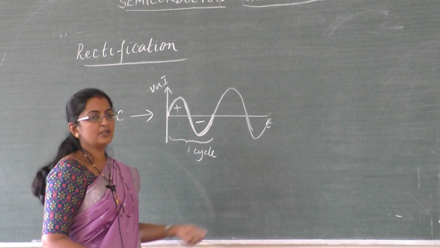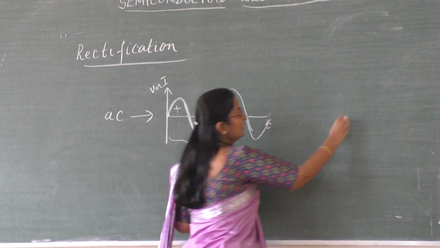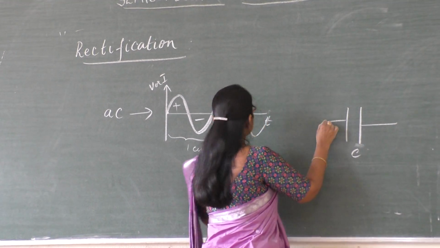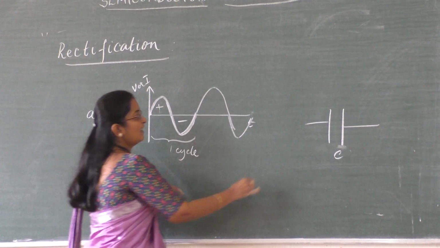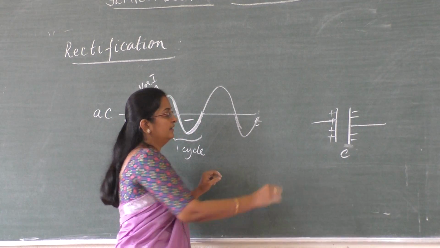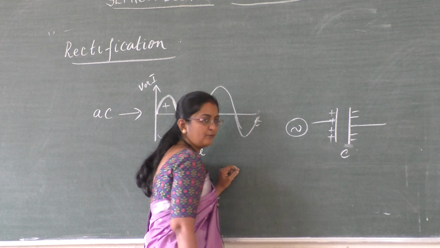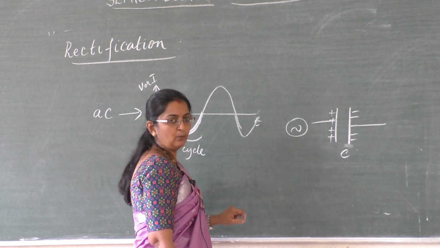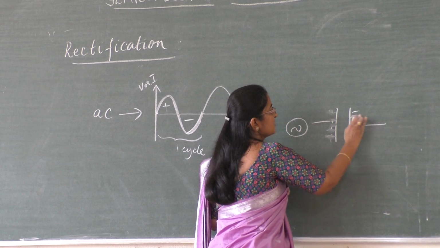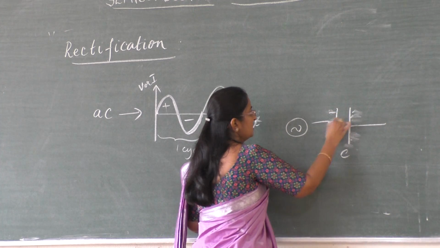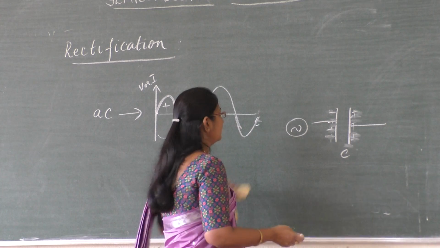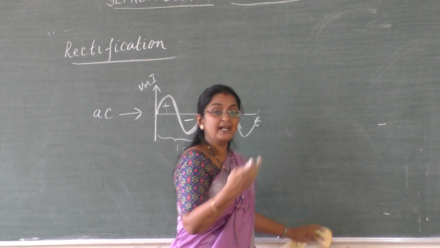Negative. Now suppose we are using this, there is a capacitor. When I have to charge it, in this positive half cycle this plate is charged positively, this plate is charged negatively. Here, this is the representation of an AC source. Next, when it comes to the negative half cycle, the capacitor gets discharged, this becomes negative, this becomes again positive. Like that, positive, negative, the capacitor keeps on getting charged and discharged.